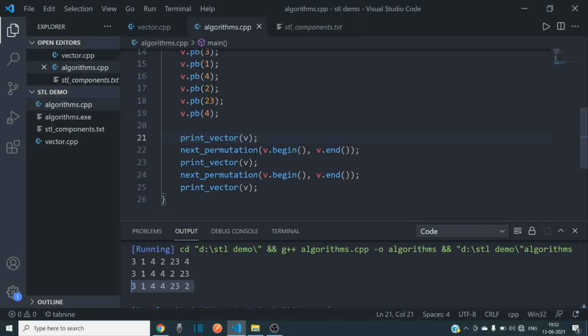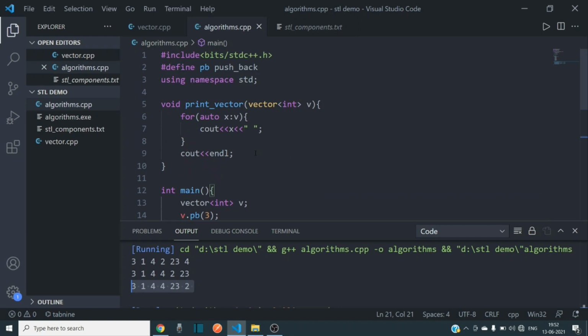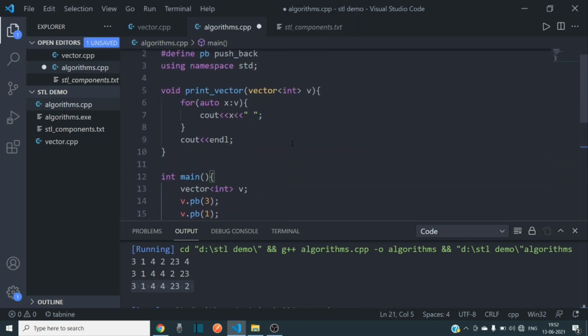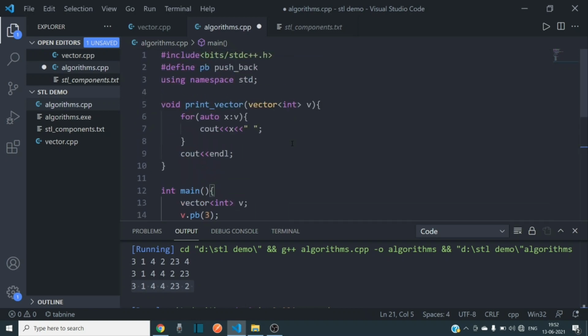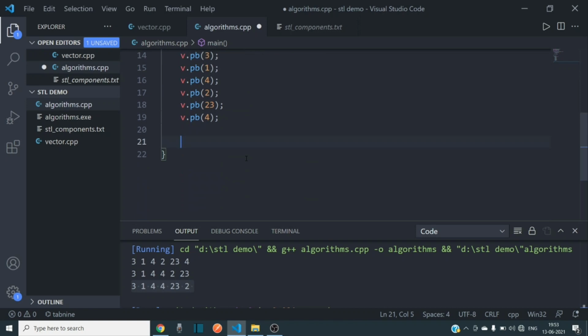So these were not all the algorithms. 90 or 95% of the time, everything you will be doing is from what I have taught you in this video. Also, what I have shown you is valid for other data types too: you can do it on strings, and on float elements also. Most of the time you will work with integers. I have explained everything on the basis of integers, but you can do it for other types also.